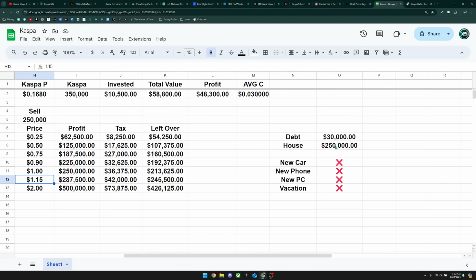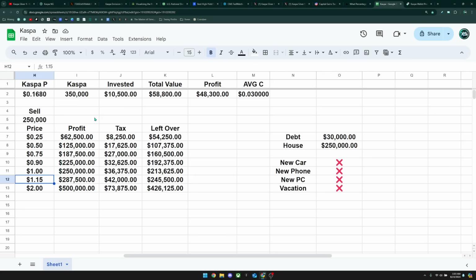So this is just a way that I'm going to be personally taking profits from Kaspa, and that's when I'm able to pay off something in my life that will better my life financially. And for me personally, that would be my mortgage, because I have no debt at all, and I pretty much just try to stay out of debt as much as I can. The only thing I have is a mortgage, and if I was able to kill a mortgage, that will free up a couple $1,000s a month to be able to reinvest into Kaspa or to save for other things that